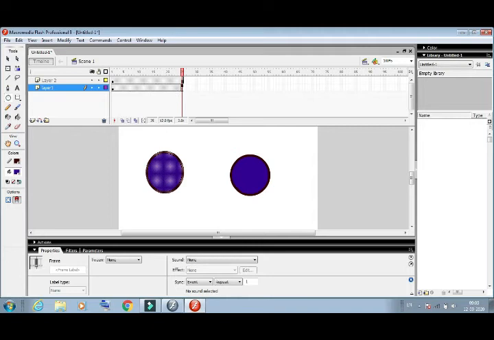Then after we will move this circle to the right direction, and this circle we will move to the left direction. How can we move? First we will select this layer 1 and click the left mouse button on layer 1, and then press the arrow key on the keyboard and set the frame. How can we set the frame? We will press F6 and this frame will be set.